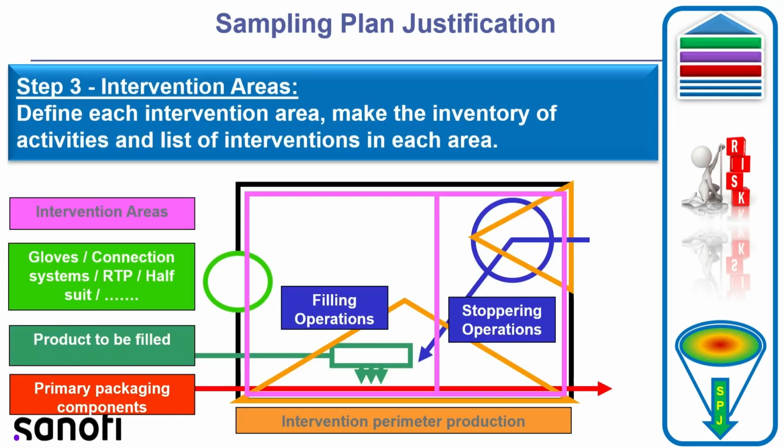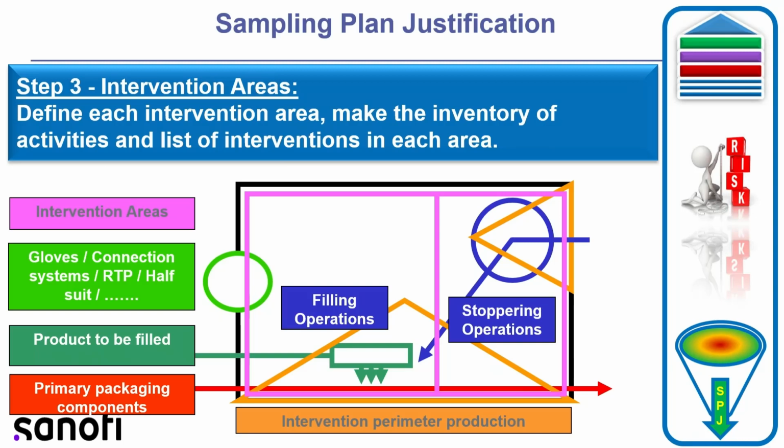Now step 3. Step 3 will define the different intervention areas. This definition for each intervention area makes the inventory of activities and list of interventions at each area. You have here, for example, a summary example for an isolator with 2 operations, filling and stoppering operation, and you have also important the perimeters of protection for intervention that should be defined also clearly